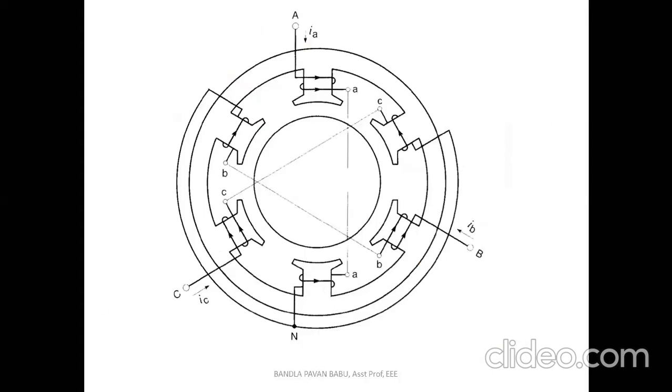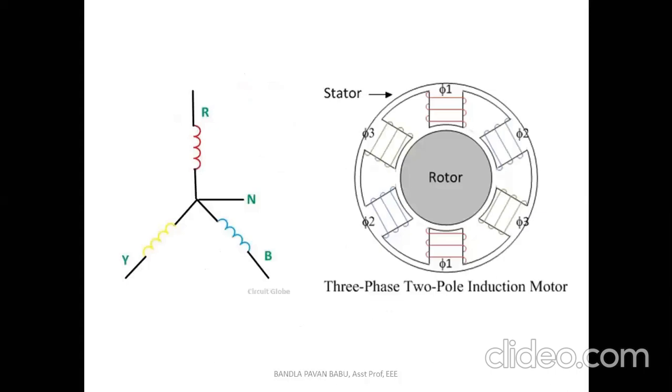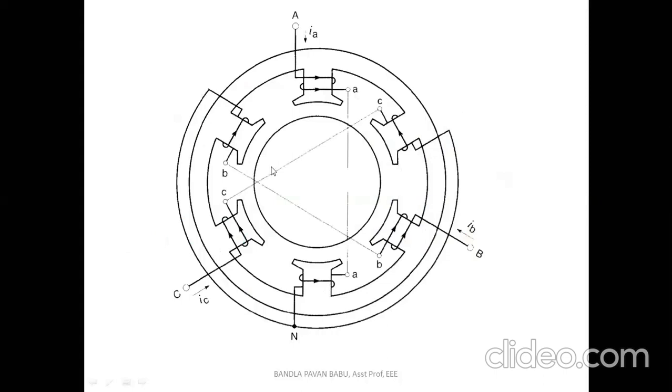Coming to here, likewise here it acts as a north pole, and here it acts as a south pole, right? Similarly for the Y phase, here it acts as a north, and here it acts as a south. Here the dotted line represents that internally it is connected, but the layers may be different. As we have seen in the other diagrams, this all can act as one north pole. This may be multi layers. I think you have learned this in EM1, right? This is the stator side, and here it develops the rotating magnetic field.